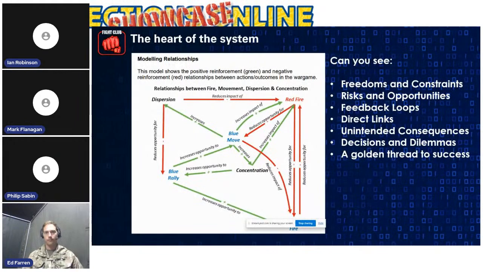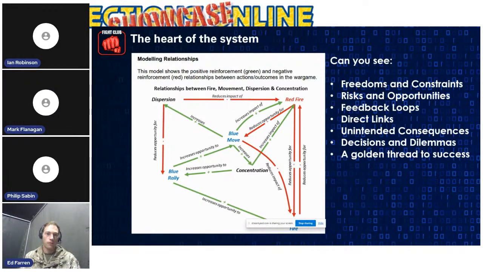The heart of the system is this relationship diagram, and it says what it says on the tin, where it's about fire and movement and concentration and dispersion. And Phil's comment about dilemmas and trade-offs, that this is a dilemma trade-off system. You can choose to move, which means you have less ability to fire, but moving closer increases your likelihood of